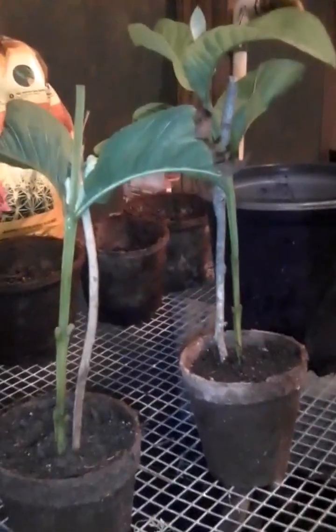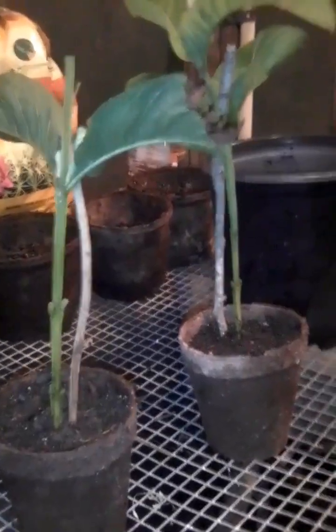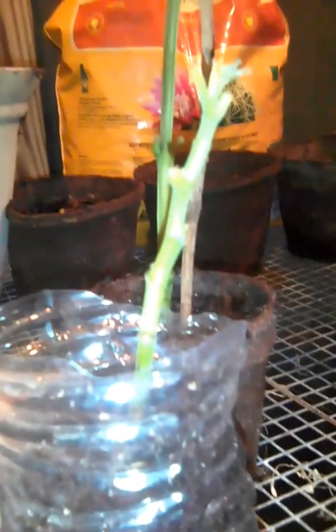And you know, like I said, I'm learning with you guys, so we'll see if this works. I mean, I hope it works. I think it'd be really, really cool. This will only be my third transplant like this. That was my fig, and so far fig's not looking too bad. It's only been a couple days, so